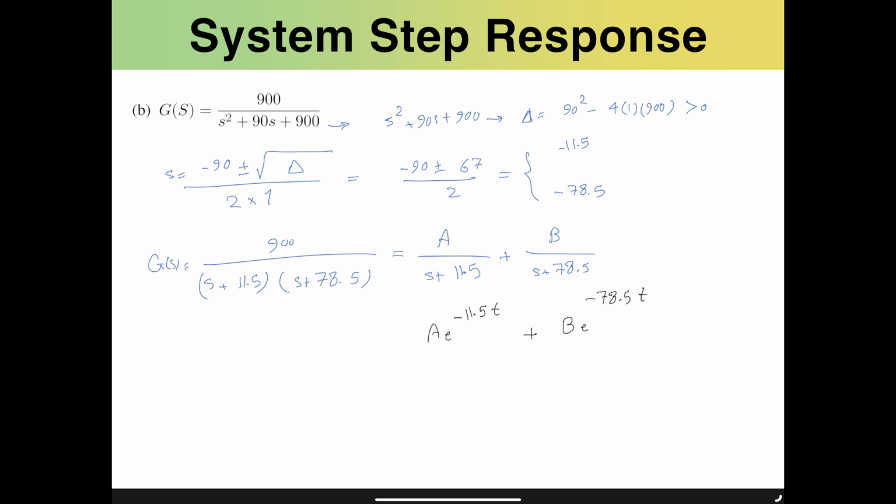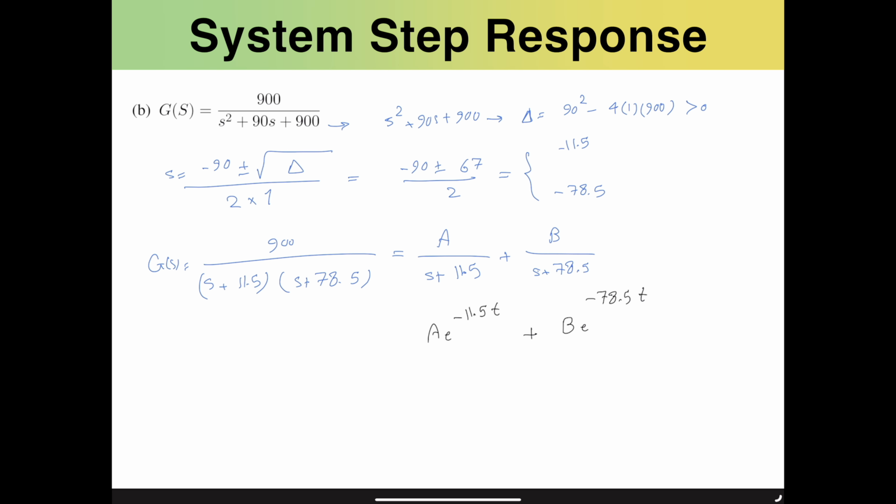However, in order to find out what the A and B values are, I'm just giving you the idea of how to do that. Again, what we were looking for in finding A in the previous expression, A over S, we just need to find a root in each one of these single order denominators. And in this case, this is going to be minus 11 and a half. And as soon as that's resolved, we just need to multiply both sides